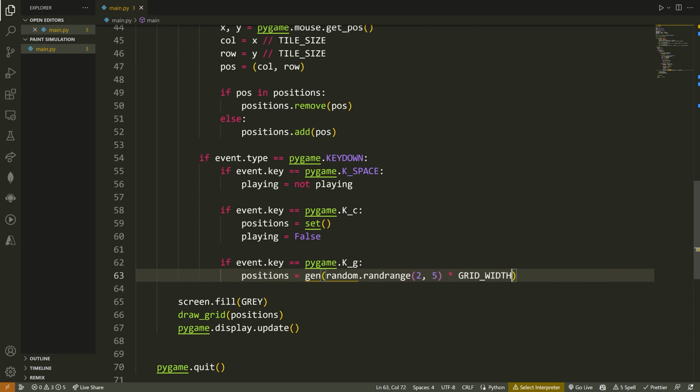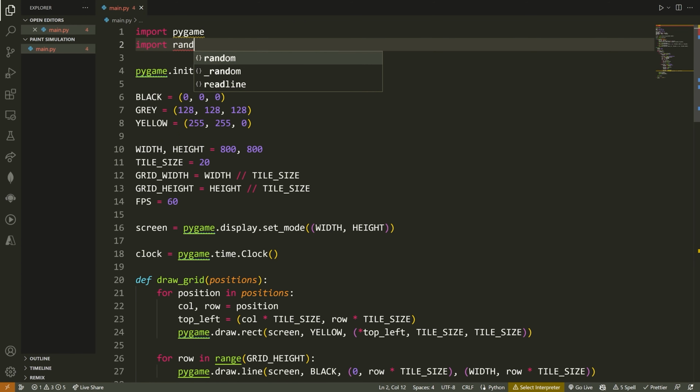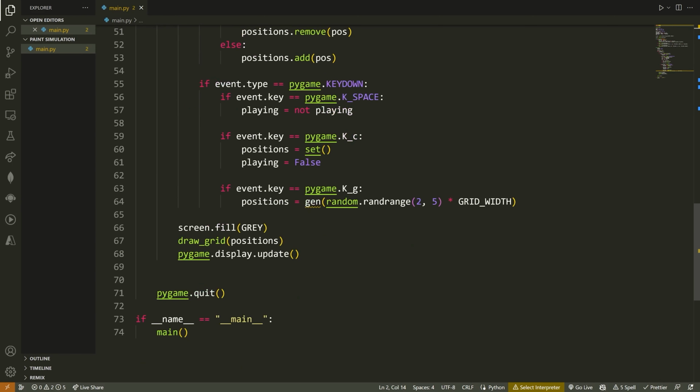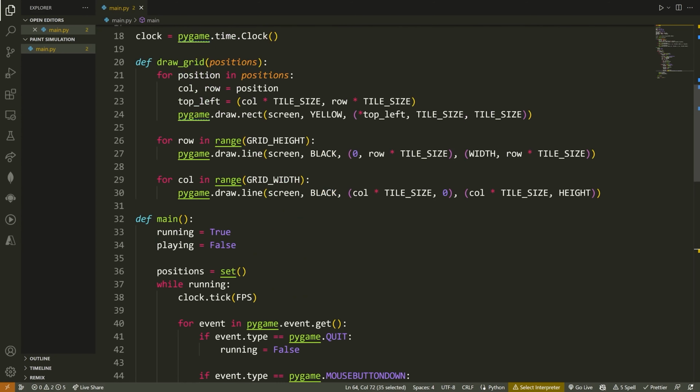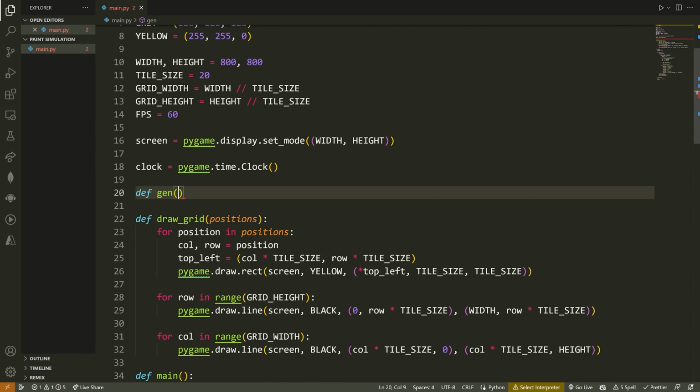Now, I know we haven't actually defined all of this yet. Just bear with me for one second. First of all, go to the top of the screen here and import random, so we have access to the random module there. And then we're going to make this gen function. Now, the idea is, again, I'm passing the number of unique positions that I want to generate, okay? So now we're going to go to gen and write this function. We're going to say def gen. We're going to take in a